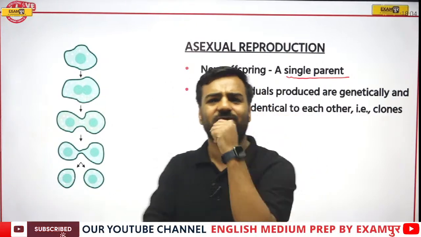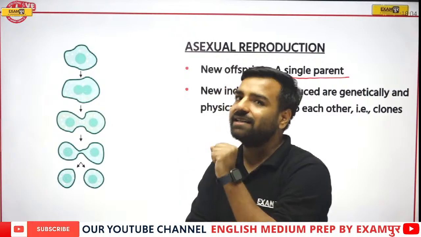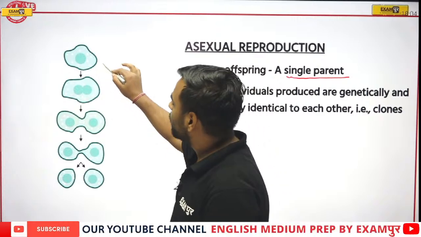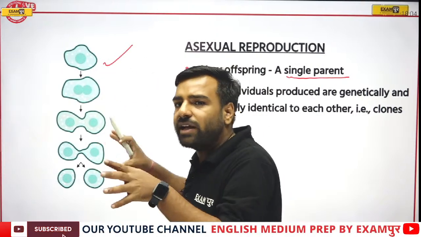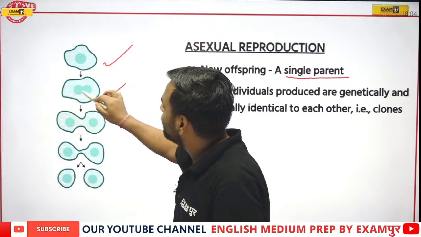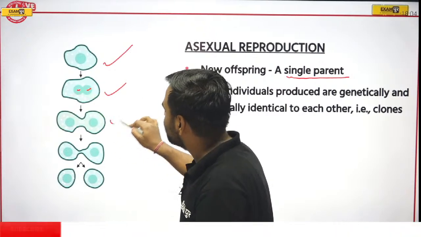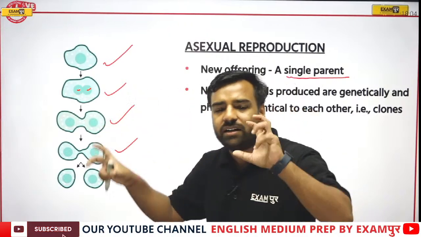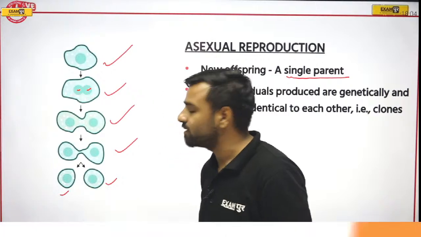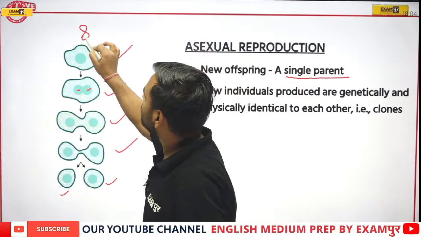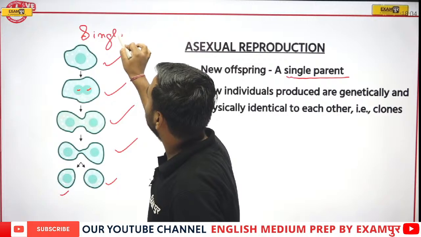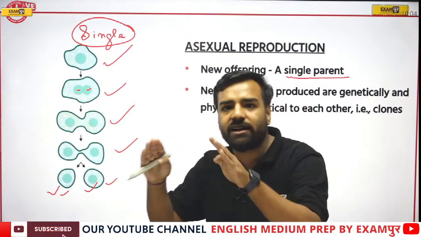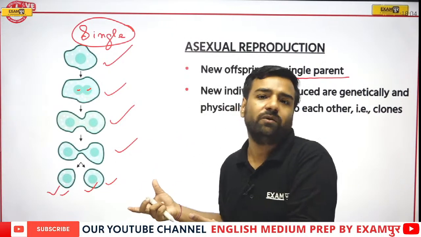Now you must be wondering, sir, just by a single parent? Yes. How is it possible? I can take the example of this part. Just have a look. You can consider the example of a cell which is trying to divide, and here you can see the nucleus splitting into two parts, and here it has split. The cell generates its whole part, and finally it is divided into two parts. So from a single parent, just have a look, it has divided into two parts, that is, a baby is formed, correct?